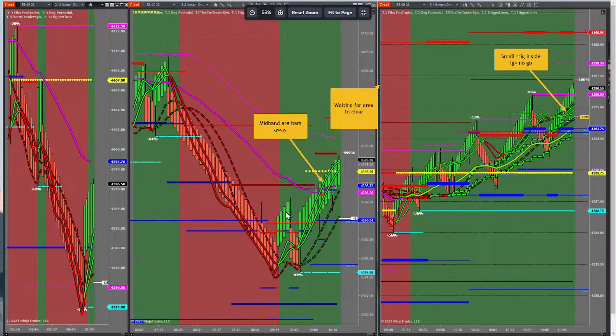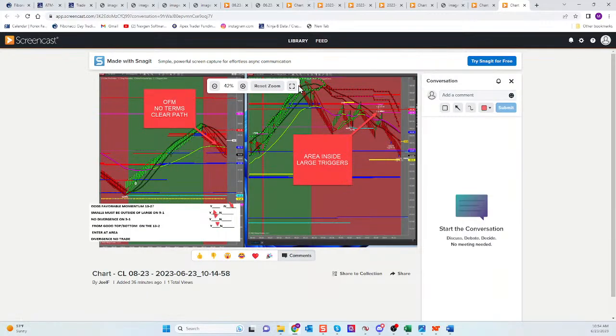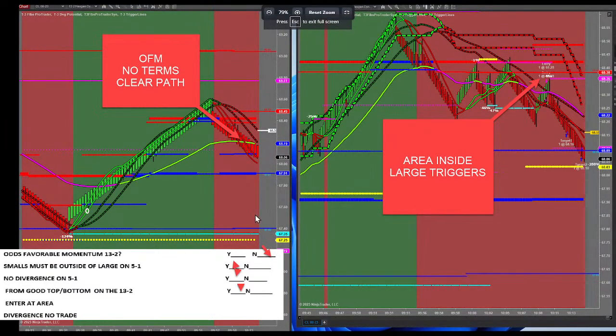All right, Safia, you have odds favorable, it hasn't reached the area, strong triggers up as you get into that termination condition with all the trigger lines below. You said, I don't have the strongest triggers here, I'm going to sit on my hands. I like that. Great chart read. Odds favorable momentum. There was a clear path, it hadn't reached the fib yet.